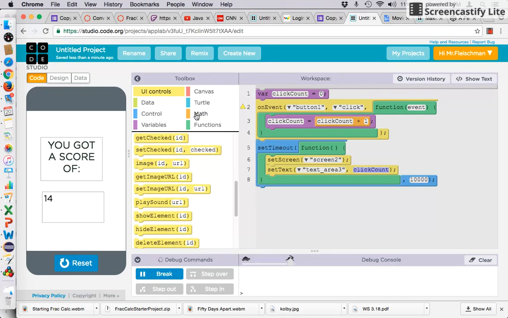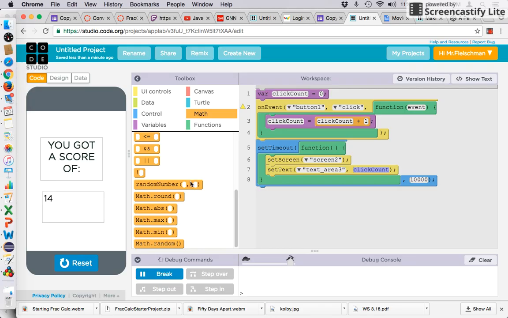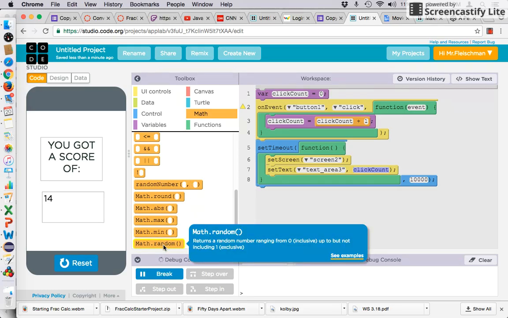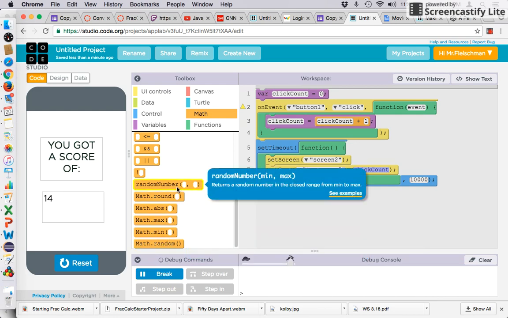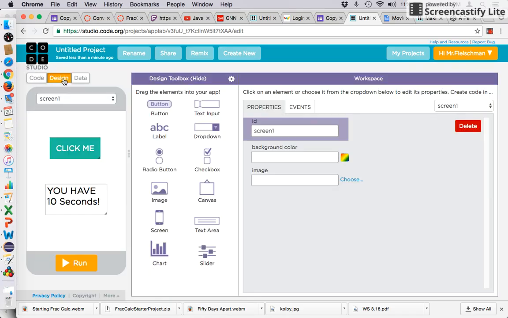And there are random numbers you can pick, right? If you go to the math thing, you can pick a random number ranging from 0 to 1. Here, how about this one? Random number between a minimum and a maximum. You have to figure out how big your screen is. If you go to the design, you can see those numbers, X and Y? Looks like the screen is 320 wide, and how tall is it? 450, right? So maybe you can move the button around the screen every time it's clicked,